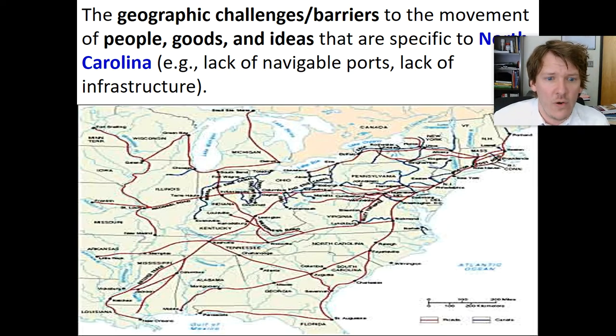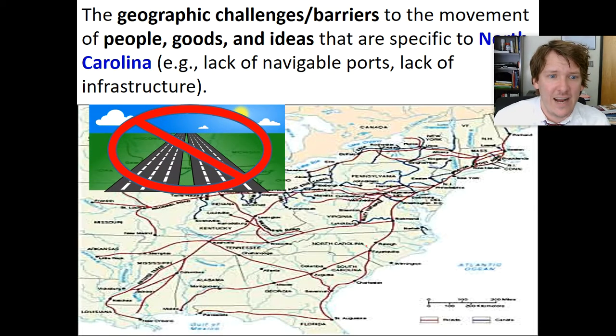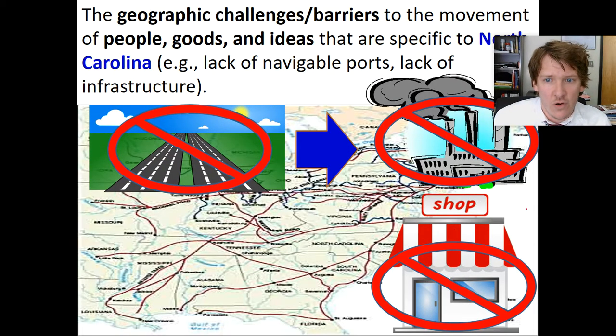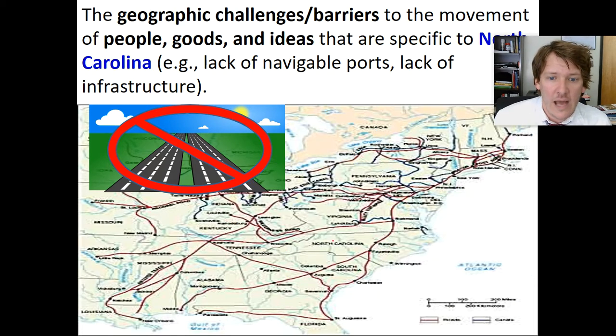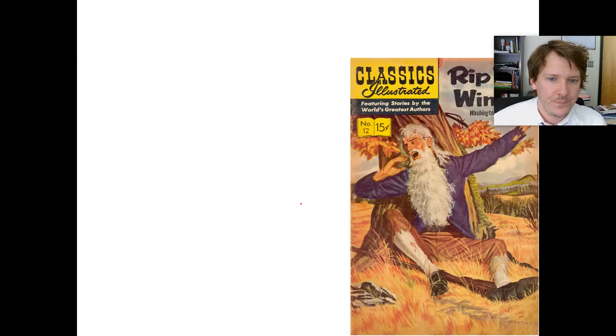And you'll see states like Ohio and Kentucky, which will grow, and North Carolina will pretty much remain stagnant and not grow. You don't have roads, you don't have factories, you don't have shops, your economy does not grow, and you're going to see people who actually will move from North Carolina up into these states. My ancestors were in North Carolina in the 1600s, and ain't nothing happening in North Carolina in the 1600s and the 1700s. And so they realized the place to be is Ohio, and they move to places that are growing and that are advancing.